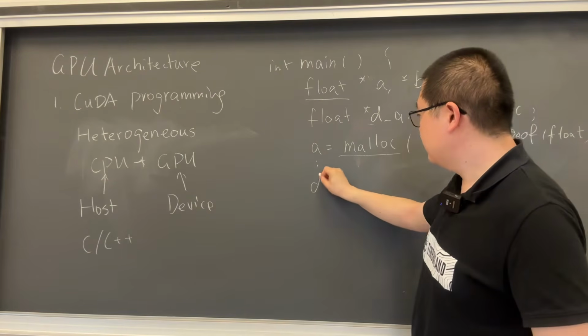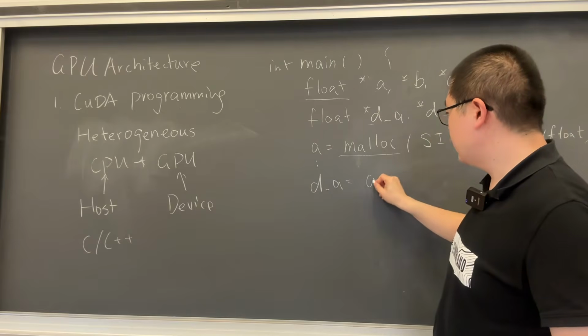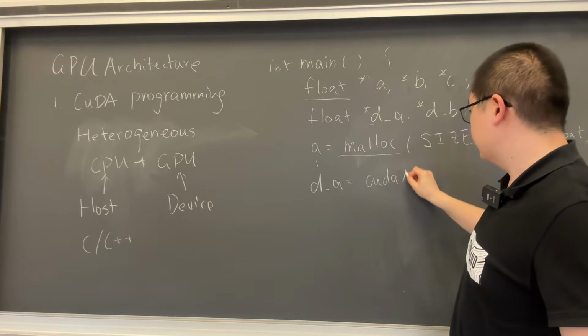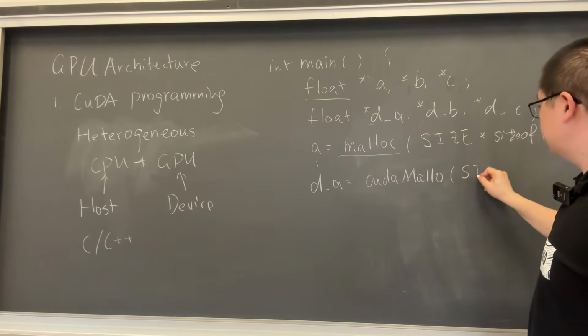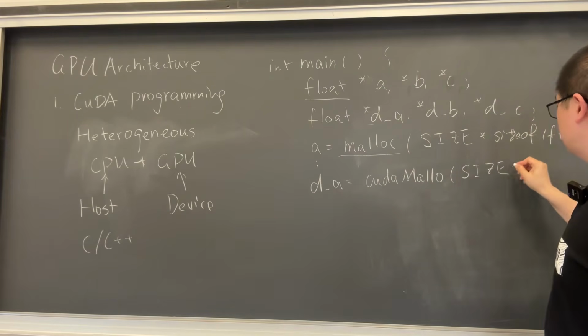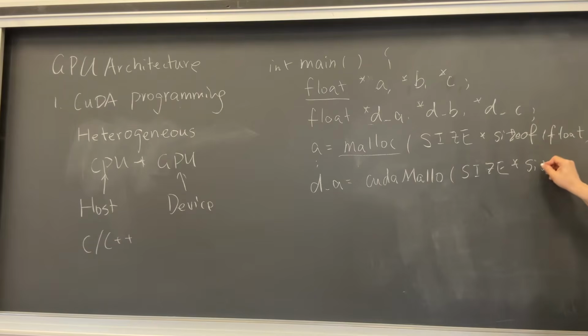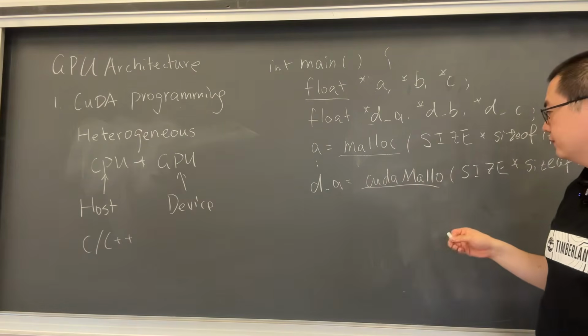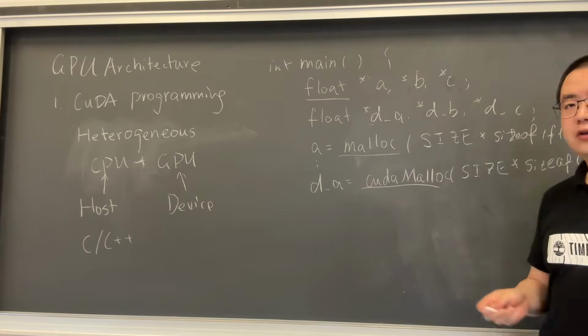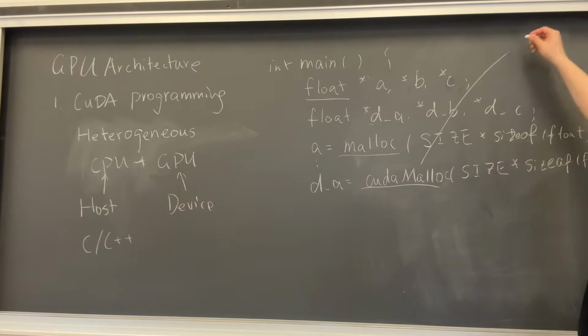We do DA equals CUDA malloc, then size multiplied by size of float. Nothing special, but here we use a CUDA malloc. Now CUDA malloc is a CUDA runtime